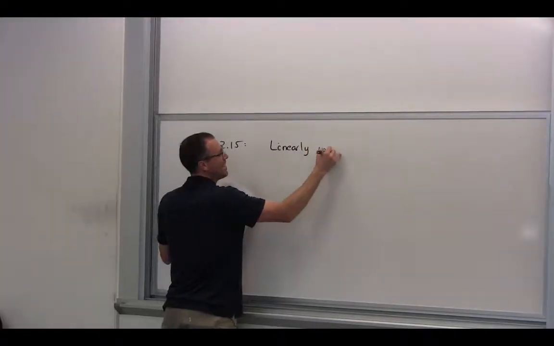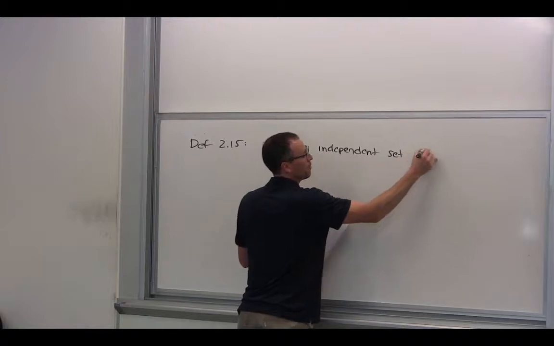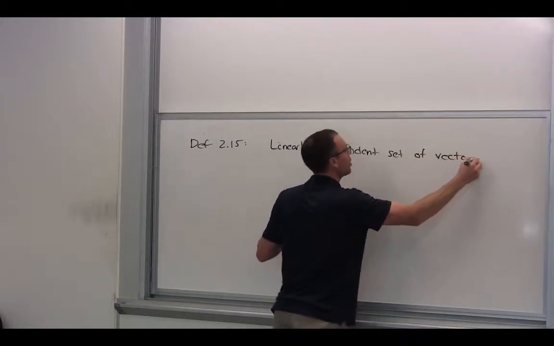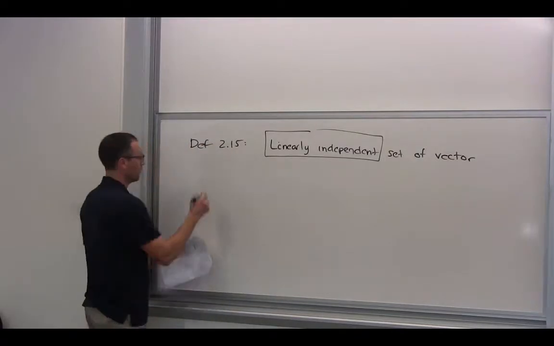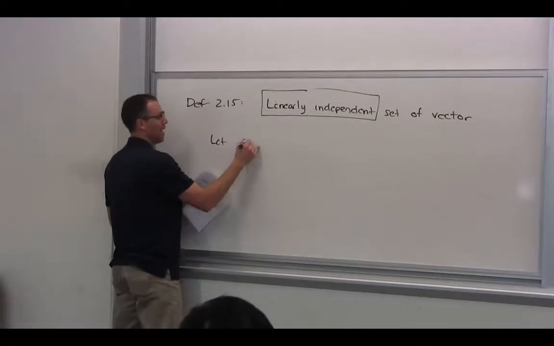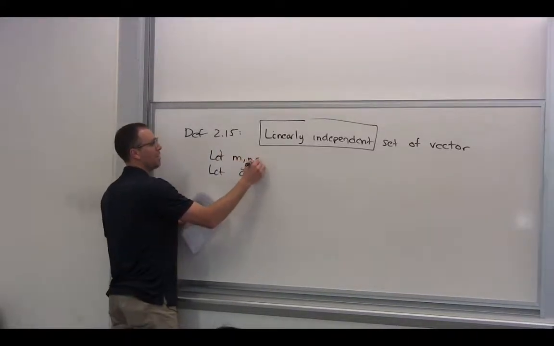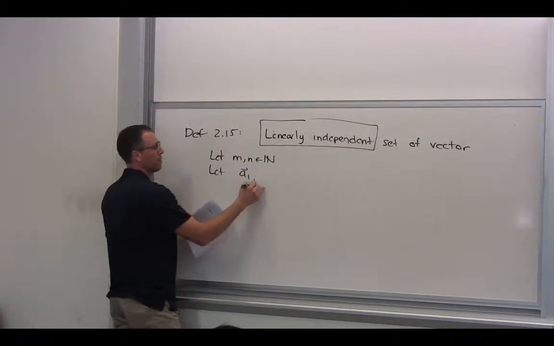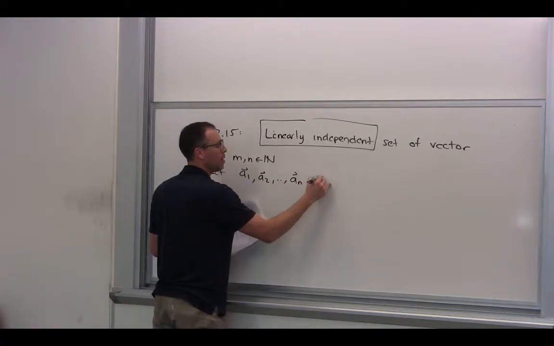Linearly independent set of vectors. Could you guess what we need in order to talk about a linearly independent set of vectors? Yeah, so let's let m and n be part of the natural numbers, and let's let a1, a2, all the way down to an be an element of